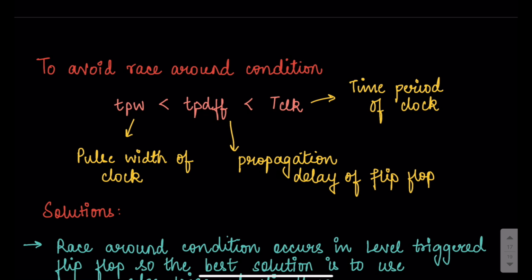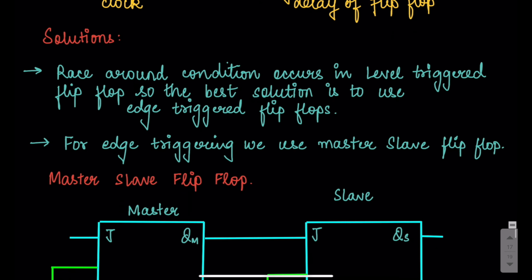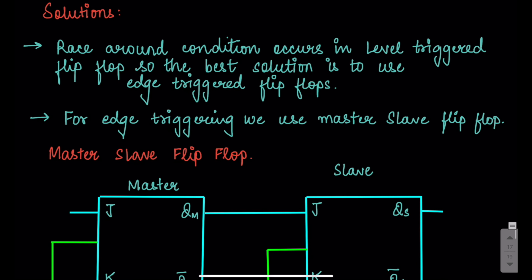This is because we need to ensure that the flip-flop triggers only once, and hence when the condition is J equal to 1 and K equal to 1, the toggling should happen only once and not multiple number of times, which can lead to wrong output. The solution to this is, yes, obviously satisfying this condition, but when we are talking about the propagation delays and the timings, it is not very easy to handle the timings so simply, and hence there should be some other ways in order to tackle this problem.